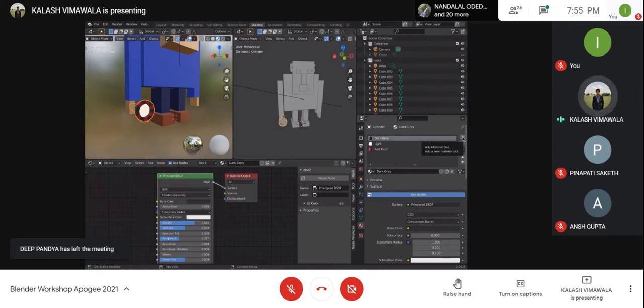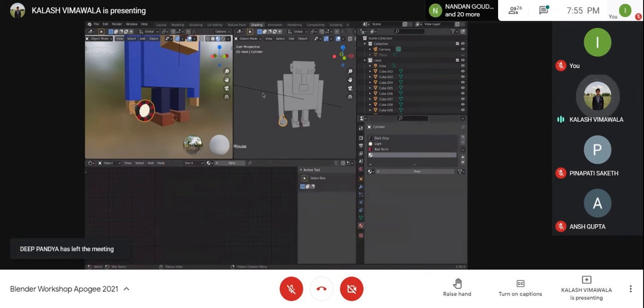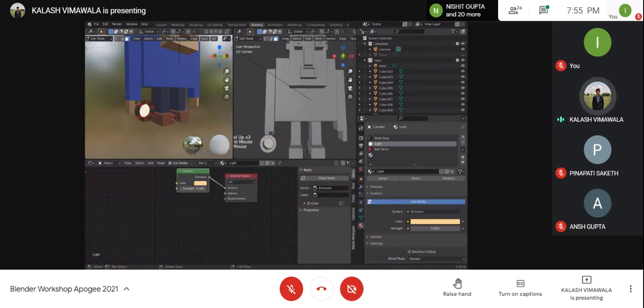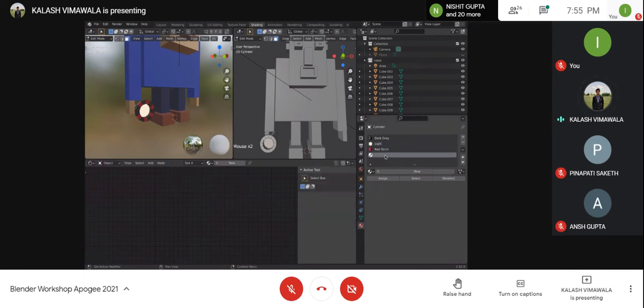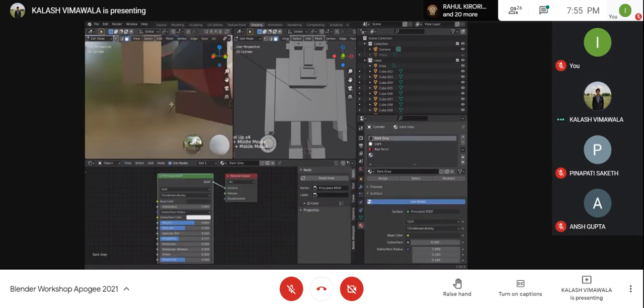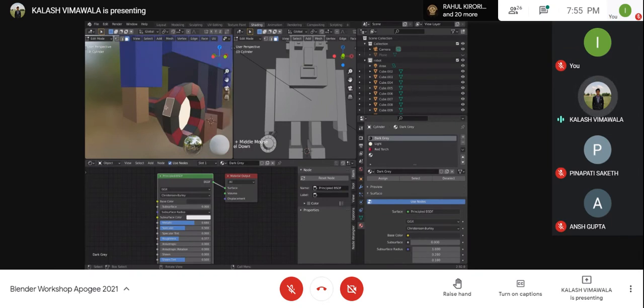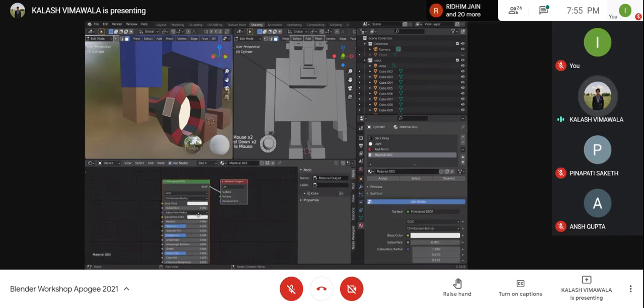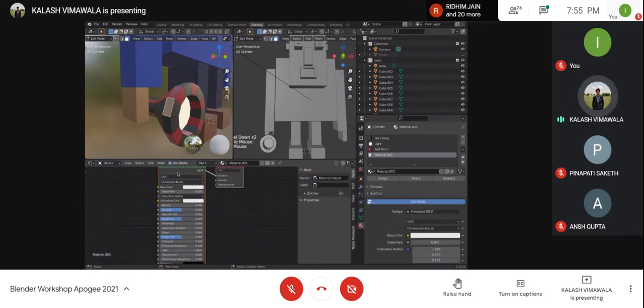So if you click on add material slot, enter into edit mode here and only select the face that you want to assign the material to. Say I have this new material and I want to assign it to only this face. I only want to assign the new material that I've selected to this particular face. So I'll click on new. I get a new material from here.